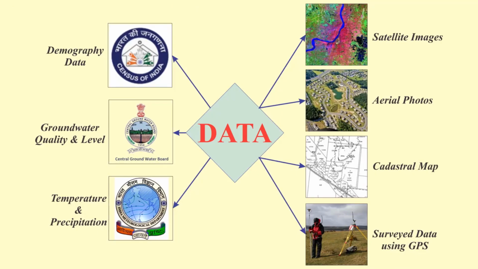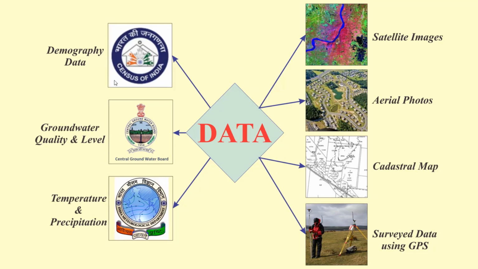Another component in GIS is data. Data plays a major role in the task of GIS. It can be spatial data or non-spatial data. Spatial data are primarily defined as those which are directly or indirectly referenced to a location on Earth's surface. For example, images and photos captured by satellite and aeroplane, cadastral maps prepared by surveyors, or digital data captured using GPS. Another type is non-spatial data, which is also called attribute data.